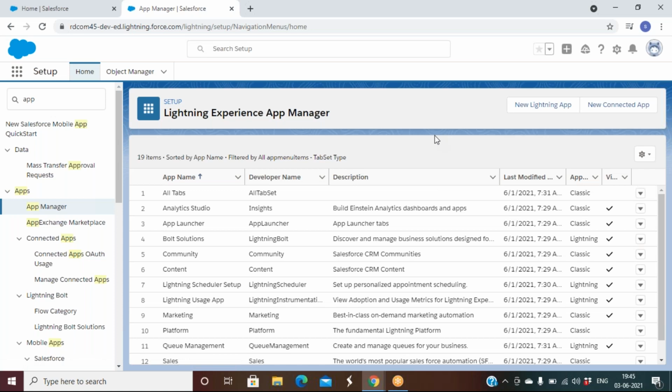We have Classic as well as Lightning. Whatever apps that Salesforce has given, the standard apps, remember, we can access by default in Classic as well as the Lightning environment.